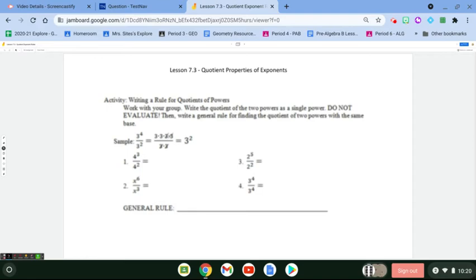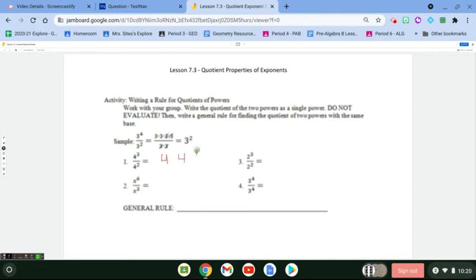So for example, if you take a look at our first activity, we're going to see what happens when we have multiple copies of a base when we're dividing. So for example, if we look at the first problem, we have 4 to the third power over 4 to the second power. So if I write out